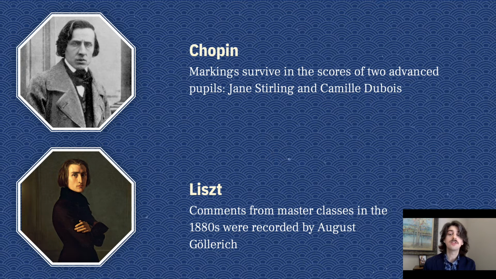documented recollections of their students. The most detailed record available of how Chopin taught his own works is his markings preserved in his students' scores, particularly those of Jane Stirling and Camille Dubois. In addition to fingerings, dynamics, phrasings, and numerous other expressive markings, these scores contain 8 indications of hand redistribution.